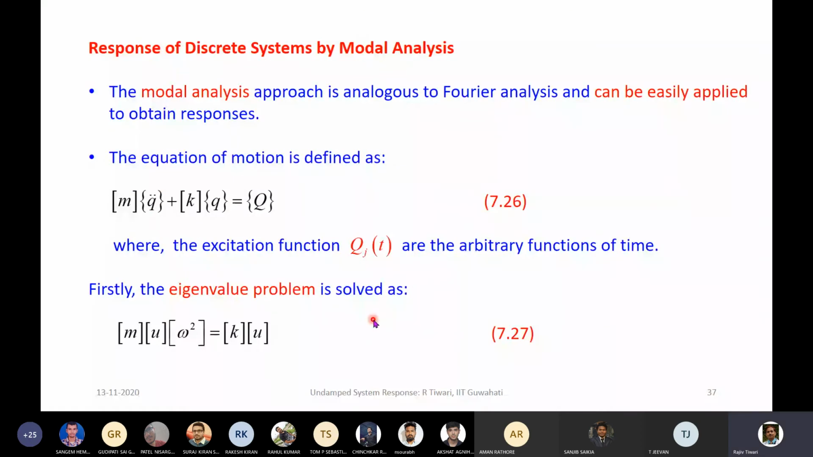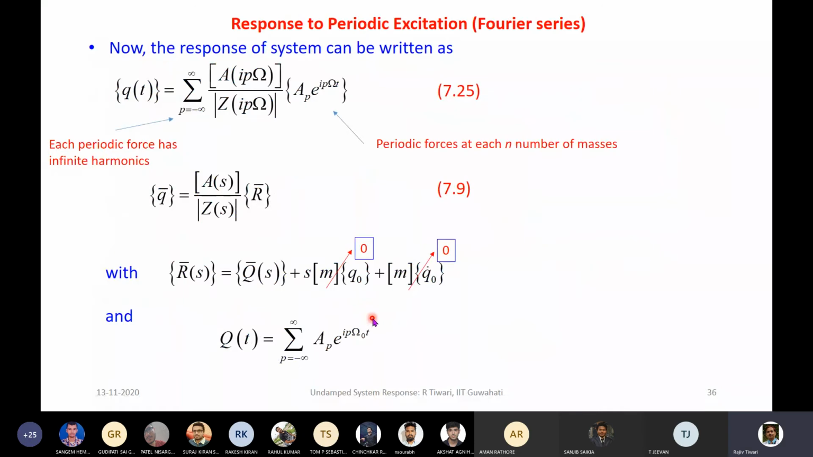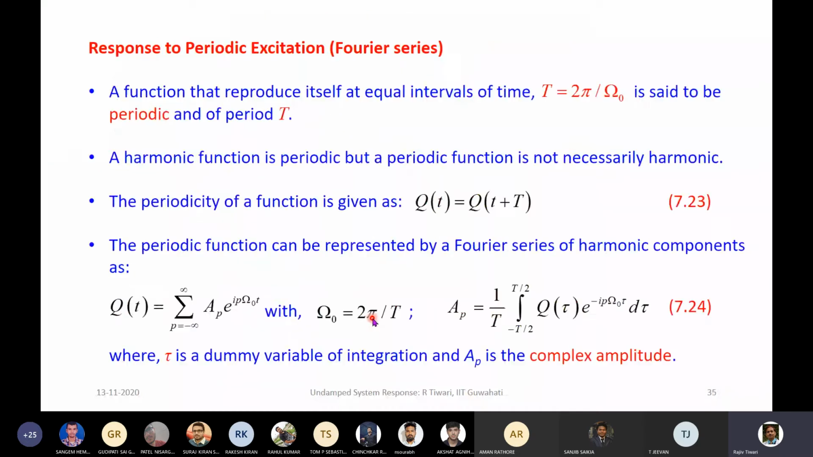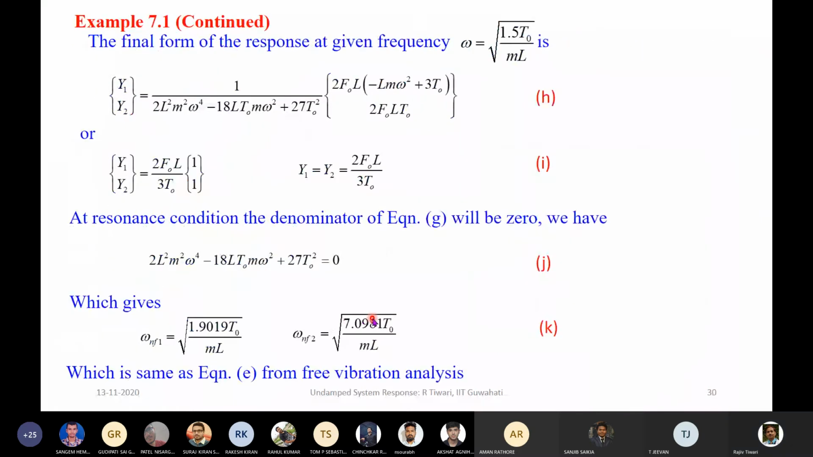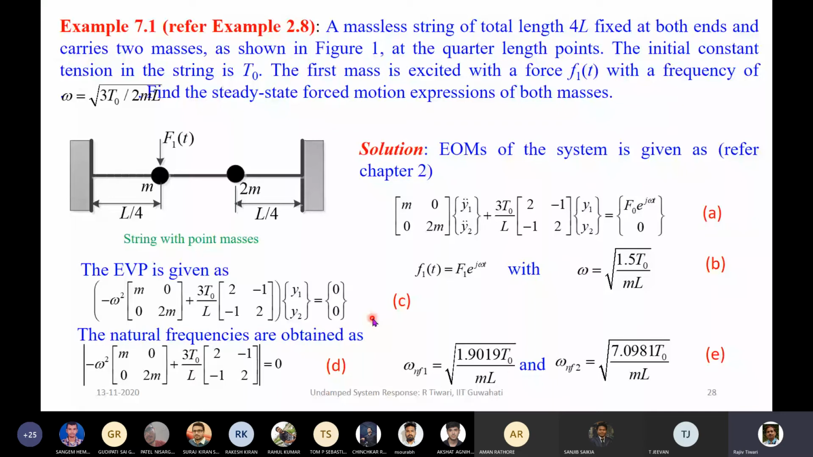Okay, so this was just an extension of the harmonic force, how we are able to use that for periodic excitation. So here the only thing is we need to take more and more terms in this. So if we go back to the example which I explained, here if we are talking about this excitation,